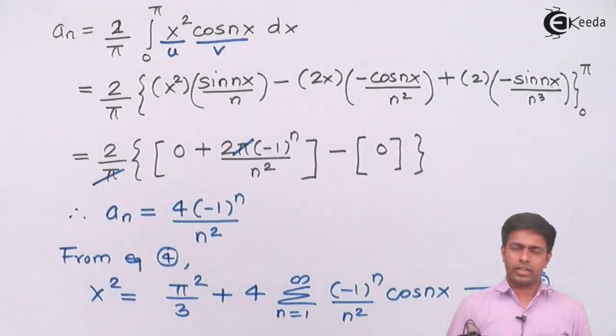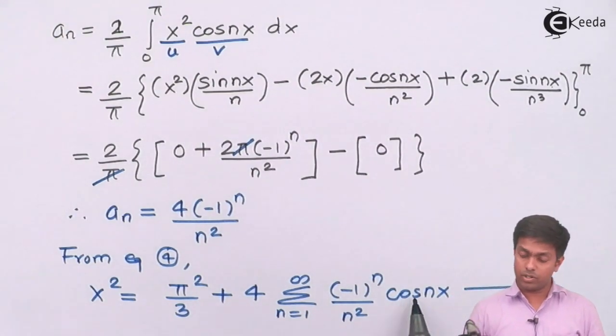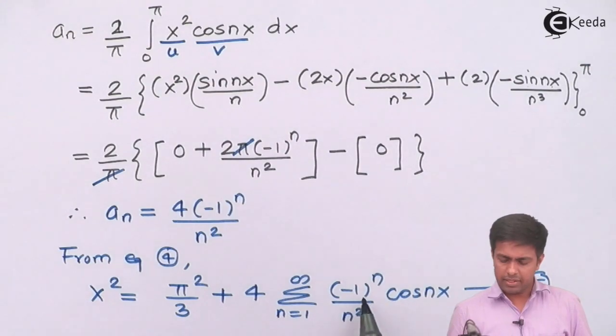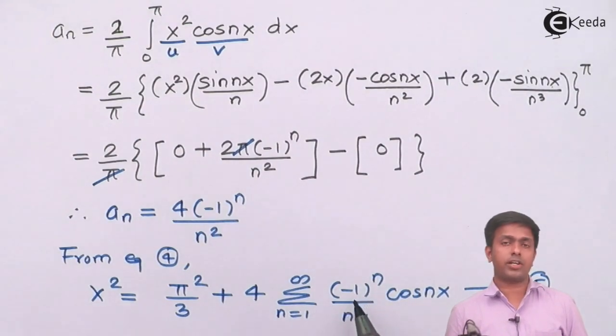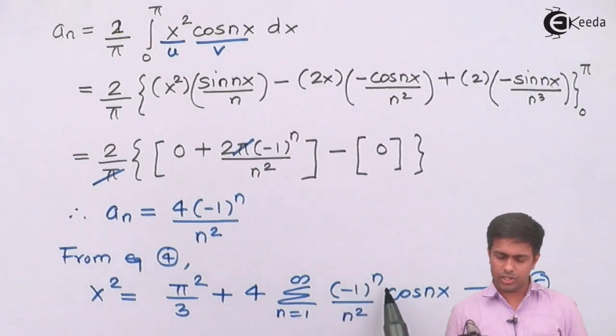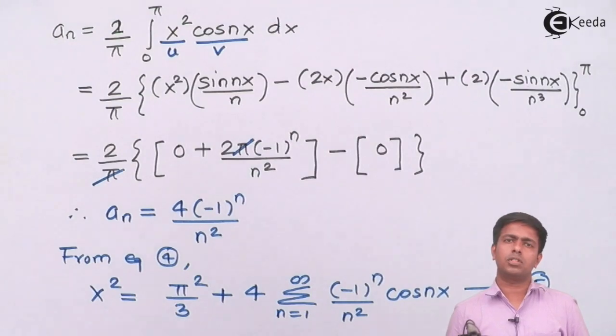So guys, if you are thinking that let's put x equal to 0, then that's not the solution, because if we put x equal to 0, then here we will get cos 0, which is 1. But when you put n equal to 1, then you will get alternate positive and negative signs due to this minus 1 raised to n. So we have to put such a value of x that we should get all terms as positive, and therefore here